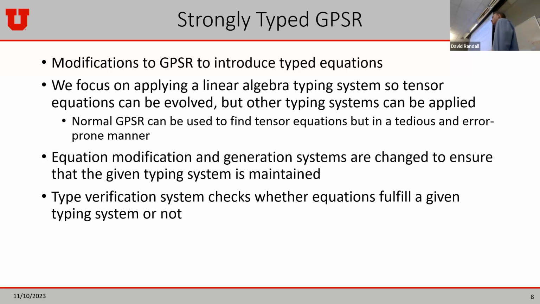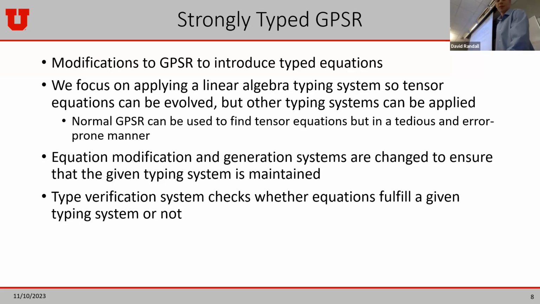So this is possible within normal GPSR, but a user would have to run a GPSR run per equation and then do the constraints between the equations themselves, which is both tedious and error prone. So the motivation behind strongly typed GPSR is to have a system that can do this in one go. So the way we modify GPSR to be able to have strongly typed capabilities is that we modify the equation generation and modification systems. And the backbone of this is a system that I'll call the type verification system, which